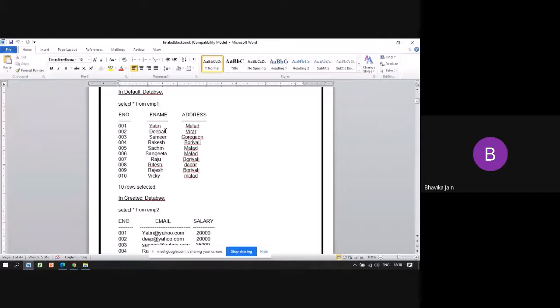So what they have done is retrieved this email from emp2, and to get the name of that particular employee, Ritesh, they have matched these two tables using employee number, as employee number is the common factor between the two tables. So e2.e number is equal to e1.e number, and e name they have retrieved from emp1. That's why the subquery is written.